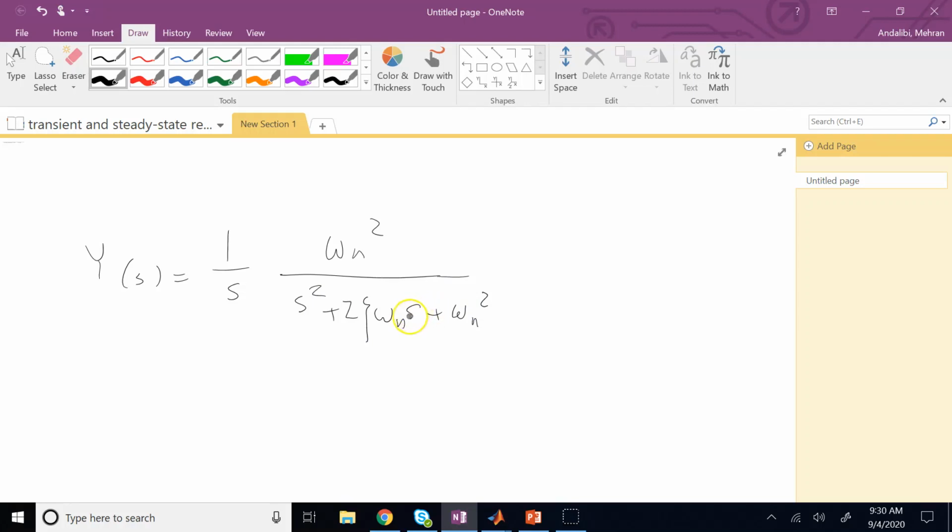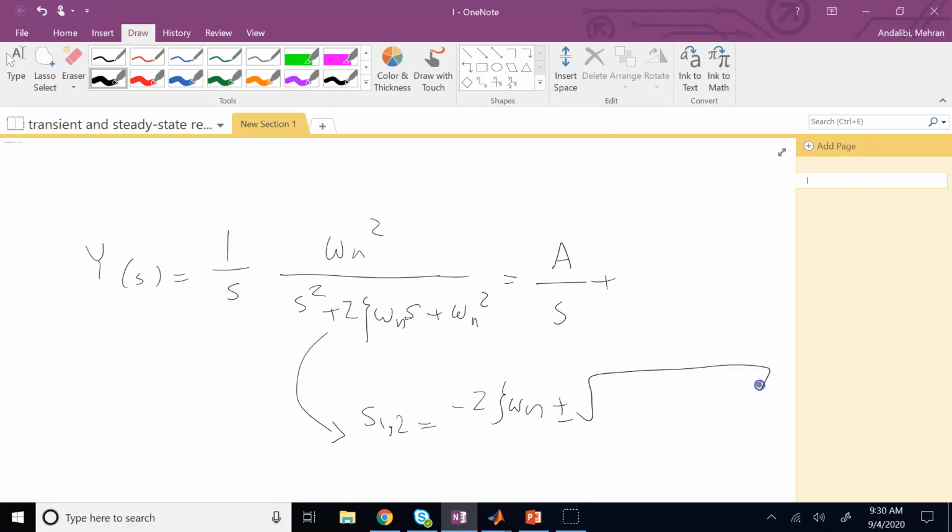So when you want to do partial fraction on this, it is going to be some number over s plus something. Now, how would you decompose the second part? You have to look at the roots of this. And the roots of this in general are s1,2 equal to negative b plus minus the square root of b squared minus 4 times a times c